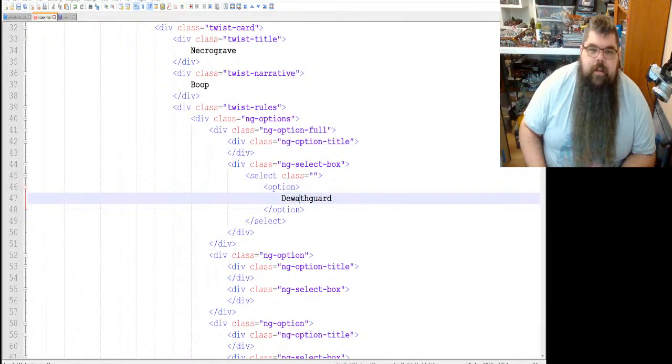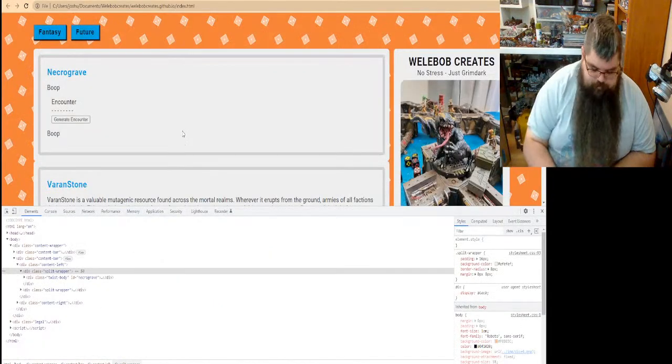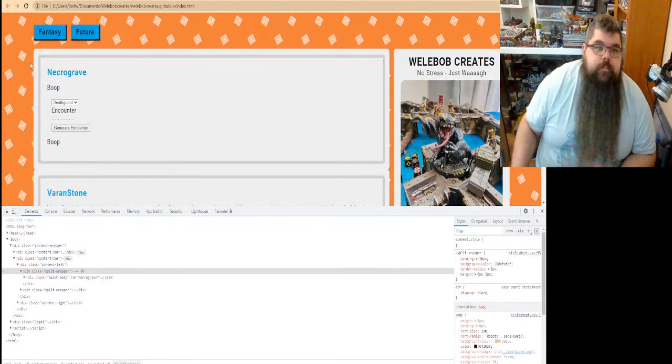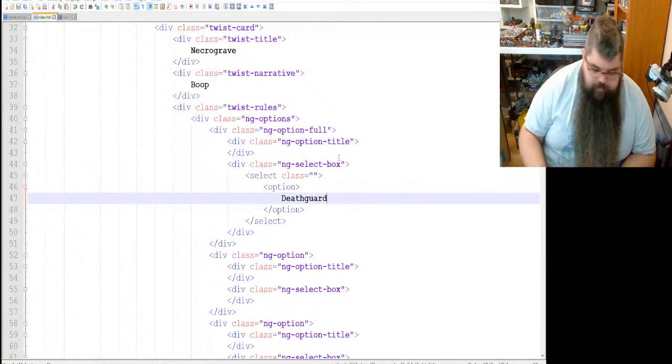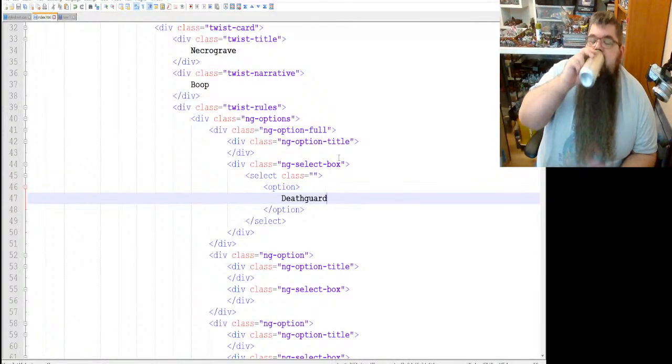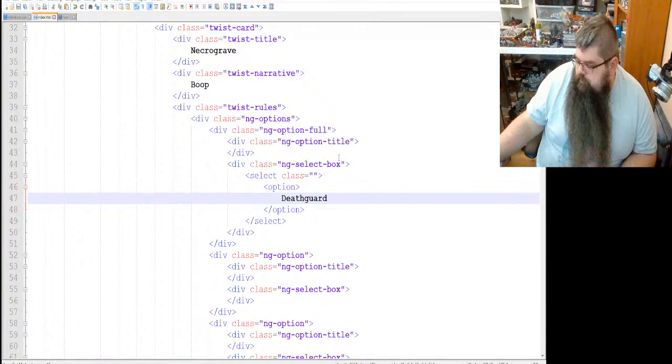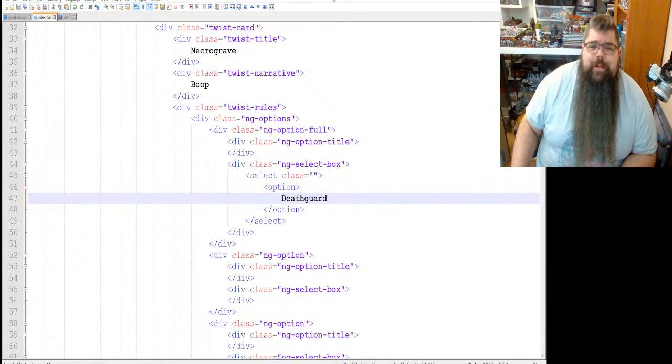The Death Guard. Ooh, let me infect you, Daddy. All right, Death Guard. There we go. Boom. All right, that's all we're gonna have for now, because that's the only one I'm gonna put rules in for right now, because that's what we're gonna be fighting in my campaign. And as I make more rules, I will add them to it.